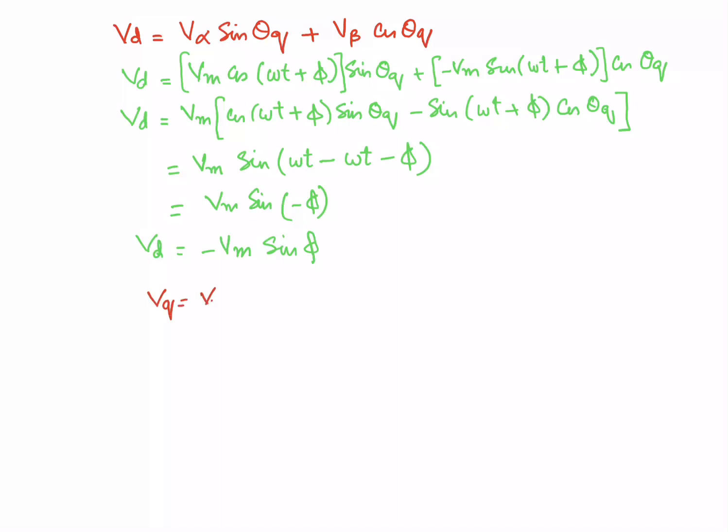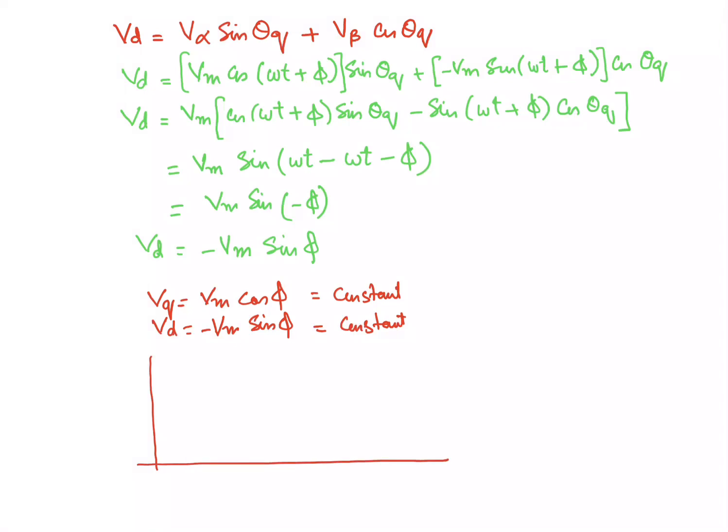Vq is equal to Vm cos of phi, and Vd is equal to minus Vm into sine of phi. As phi is constant, this will be a constant voltage and this will also be a constant voltage. So now how can we represent it in the dq frame of reference? So in the dq frame of reference,